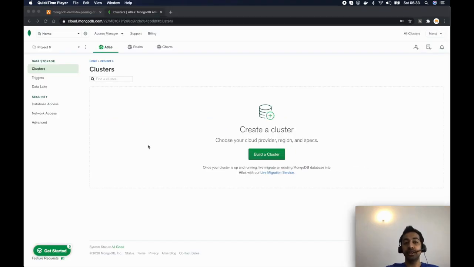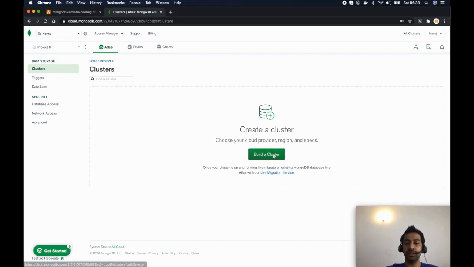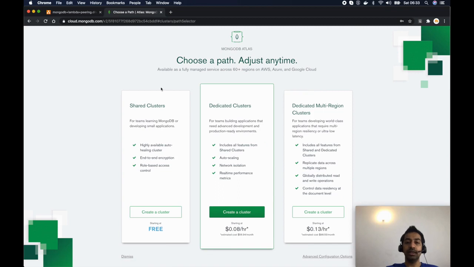Alright, so you can start by signing up for a MongoDB account, and I have already signed up and logged into it. So when you log in, you should see there are no database clusters. So let's go ahead and create a database cluster, and I can click here, build a cluster, and then I am navigated to this page